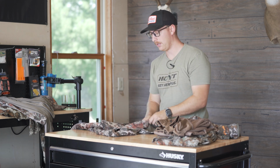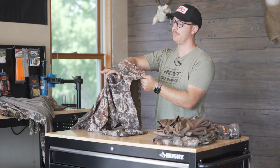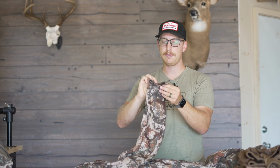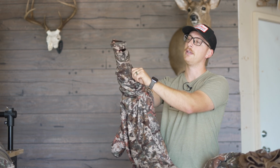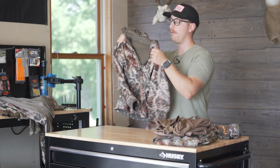It's got the kangaroo pocket down right by your waist. And then on the sleeves, you've got the thumb tab. So when you're wearing it, you can have your thumb tab like that if you want. If you don't want to wear gloves, sometimes I'll do that and just pull it up. But the Origin hoodie, definitely one of my go-to pieces that I will wear all fall,